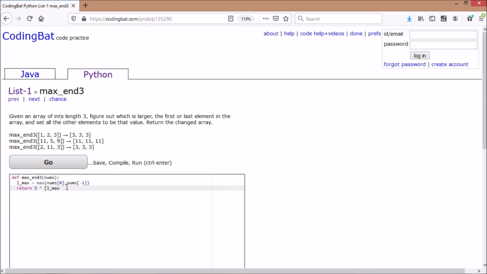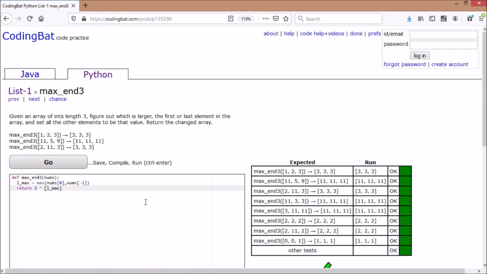But if we make this as a list, what do you think? This will give us the answer or not? You can pause and think about it. I'm going to run it to show you the answer. So it gave us the right answer because we created the list here. We put it in the parentheses, put it in the square brackets. That's how it makes the particular list.